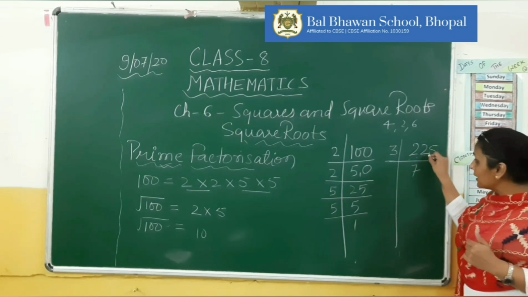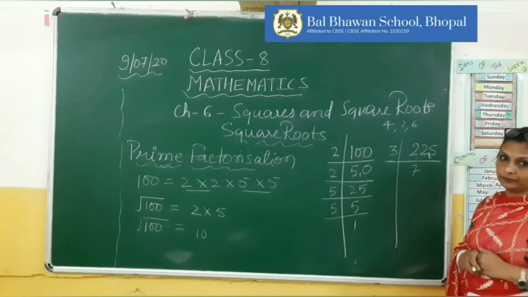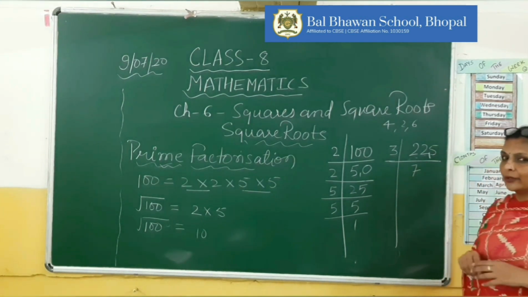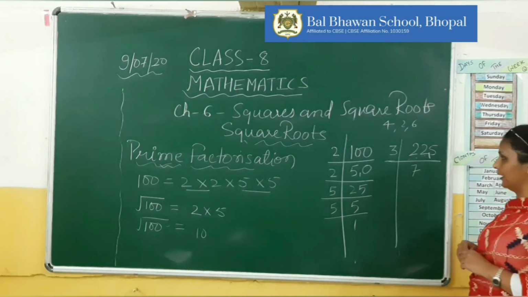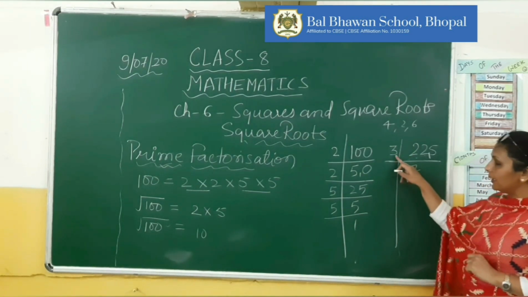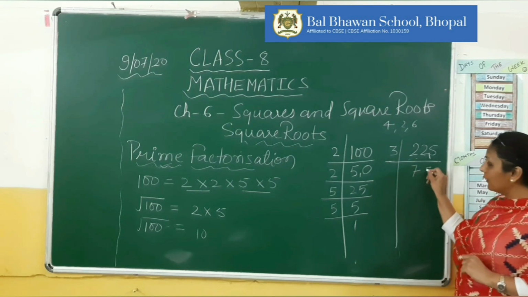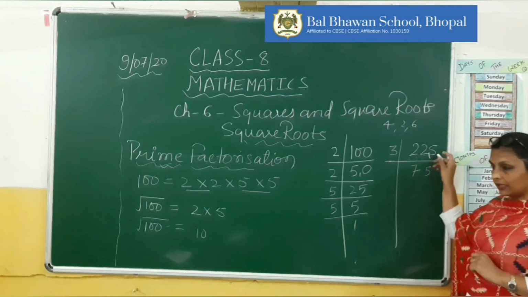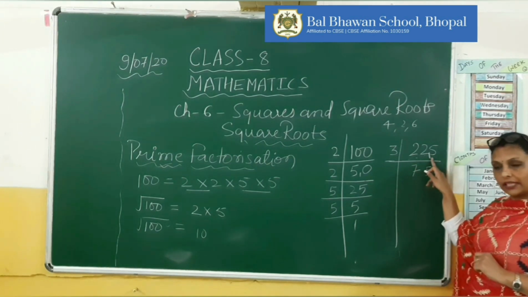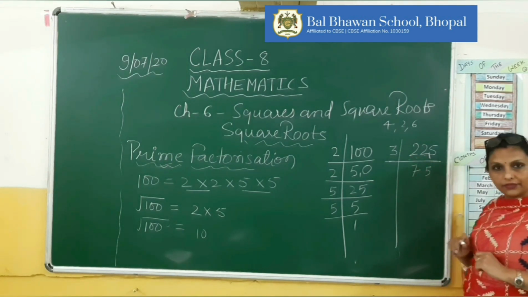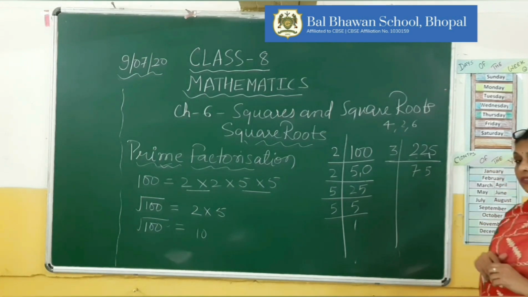1. Now this number has become 15. This is a very basic method. I know you have learnt in your previous classes also, so you will not face any problem over here, right? Now 3 5s are 15. Clear? 3 sevens are 21. 1 is left here. It has become 15. Now 3 5s are 15. Now we have a number 75.